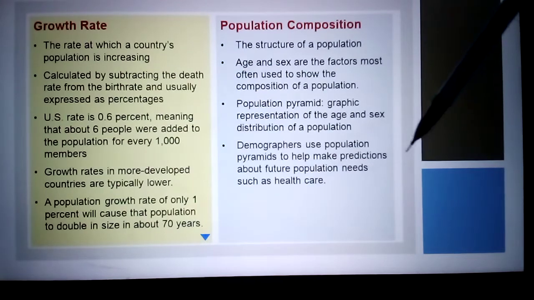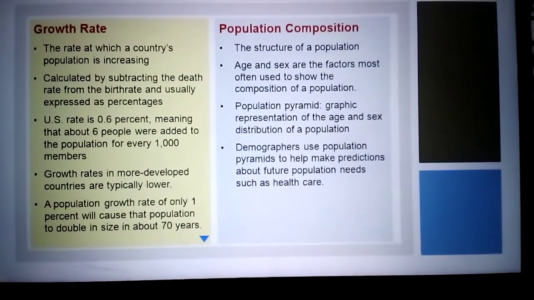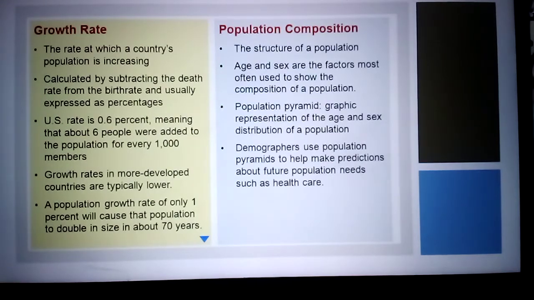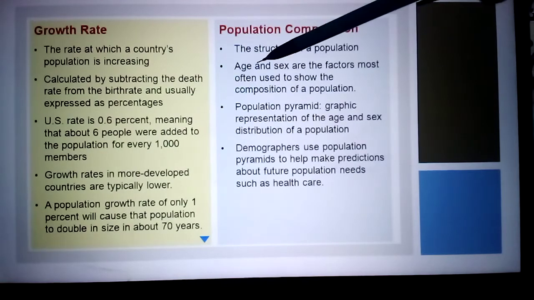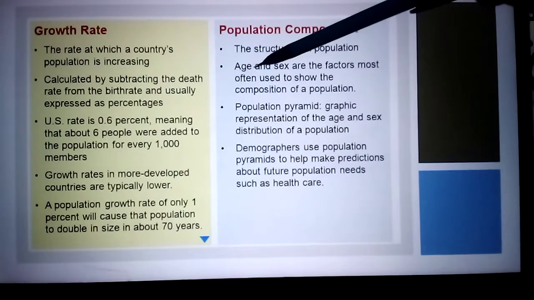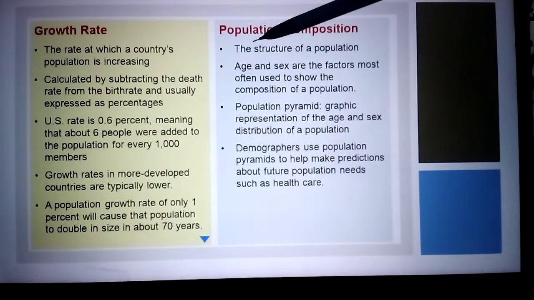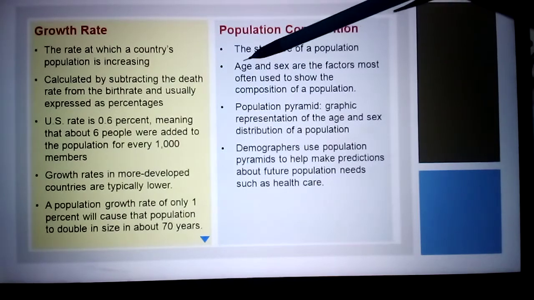Now today in module 3 we discuss population composition. What is population composition? It is the structure of the population. In the population, age groups are there. Small children are there, 0 to 17 years. They are the children. Next, 18 to 65, they are called adults. Above 65, they are called senior citizens. Three types of people are there based on age.